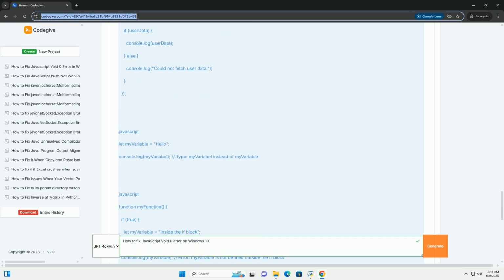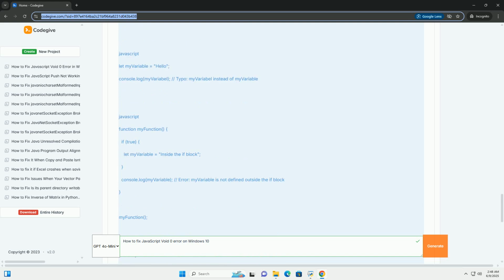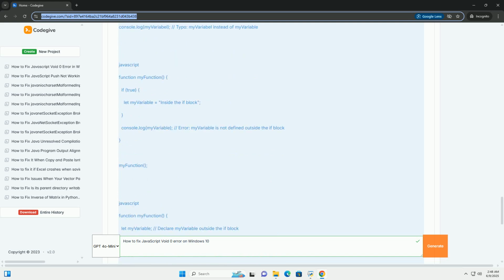1. What does void 0 mean? In JavaScript, void is an operator that evaluates